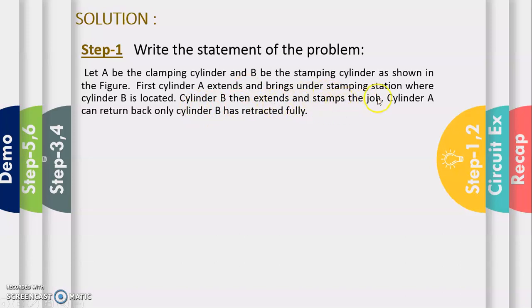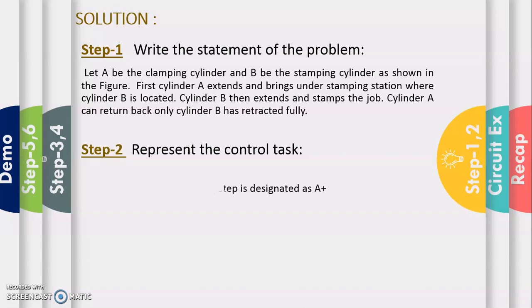During the stamp operation cylinder A will retract and go to the initial position, and after stamping is over cylinder B is retracted. So by this statement we have to do the control task by developing a pneumatic circuit equation like this.